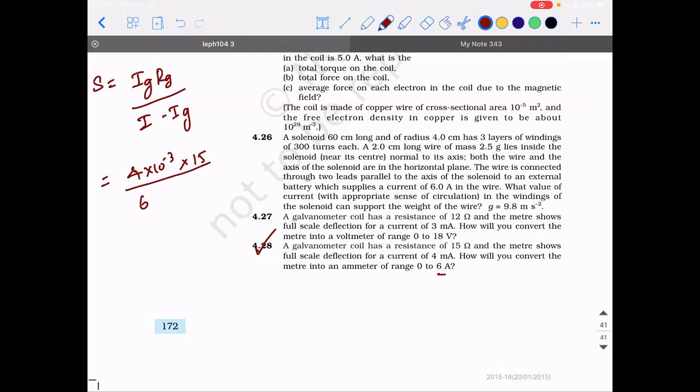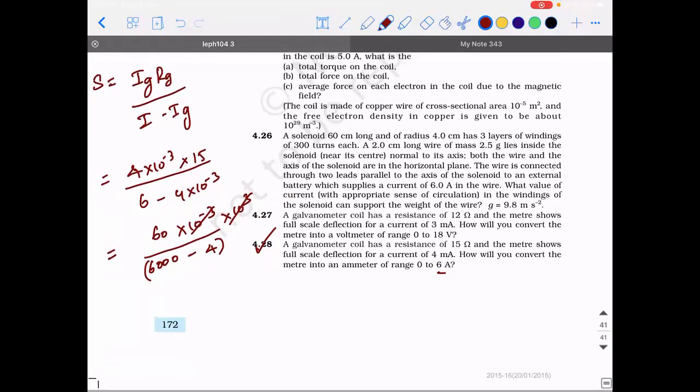Full range is 6 minus 0.004. So we'll do one thing: 60 into 10 power minus 3 divided by... Oh, this is the toughest part, right? So let's do one thing. Let's write this as 10 power 3. So can I write this as 6000 minus 4 into 10 power 3? This and this will get cancelled. It will be 60 divided by